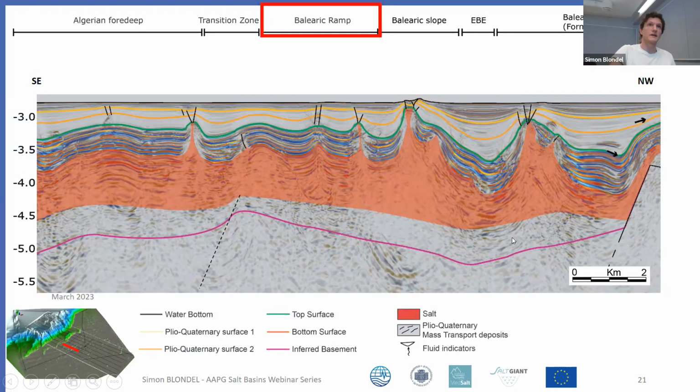Now we go into the Balearic ramp. This is separated from the Balearic slope by this first important basal drop. Here we don't have a very good imaging of the pre-salt and partly the basement. However, we do seem to see some faulting and some basement relief here that suggests a landward dipping pre-salt. And that could go well with the movement we see here. We can see here these salt mini basins which are sinking here under expulsion of the salt, suggesting a salt movement going either that way and in that structure, or being expelled that way,